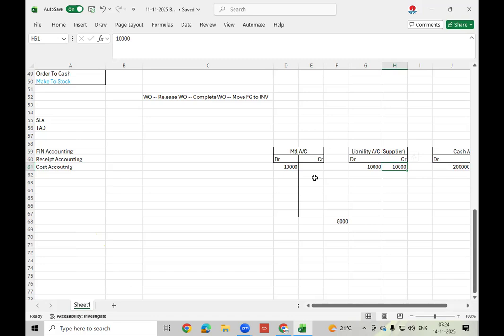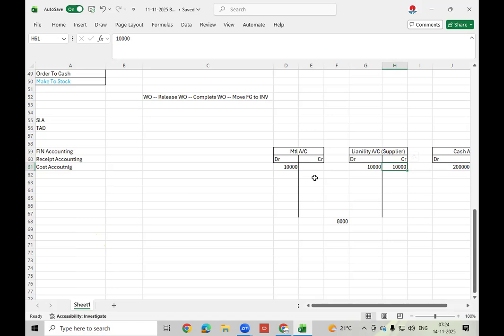But this data, as we discussed, finally we'll send it to the general ledger and primary ledger, right? But how will this data convert as journals? First, this accounting entry will convert as journal.